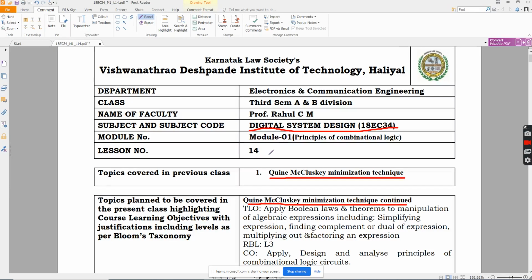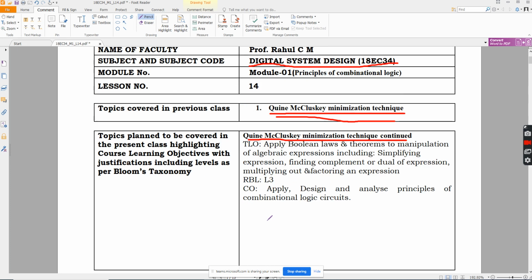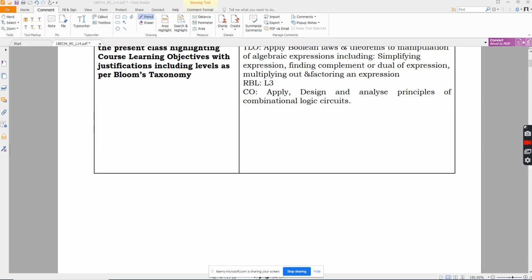Lecture series on digital system design. So in today's class, we'll be discussing the Quine-McCluskey minimization technique. In the last class, we discussed the same thing. So we'll be continuing our discussion on the Quine-McCluskey minimization technique, and we'll try to complete it. Fine. So in the last class, as I said, we were discussing